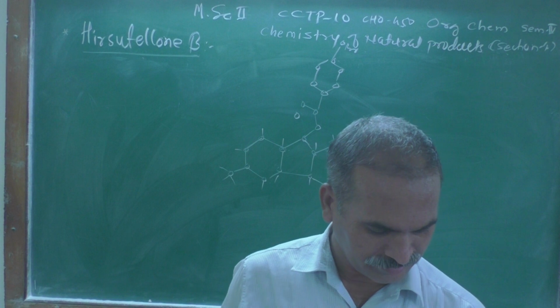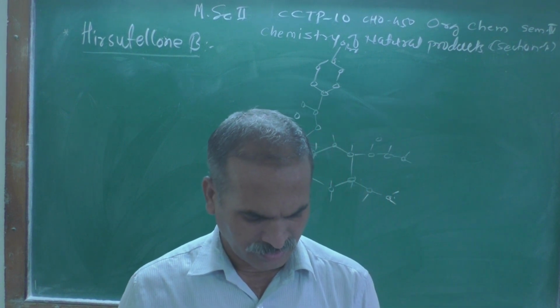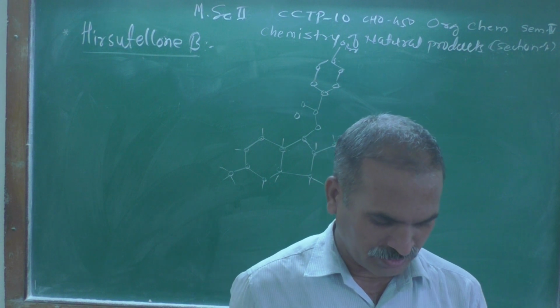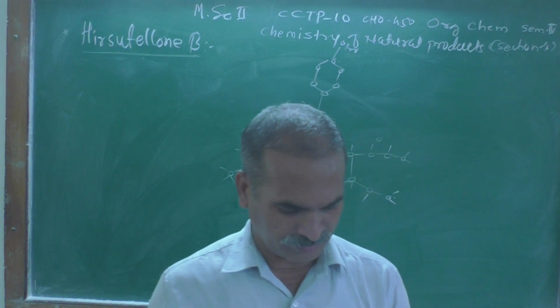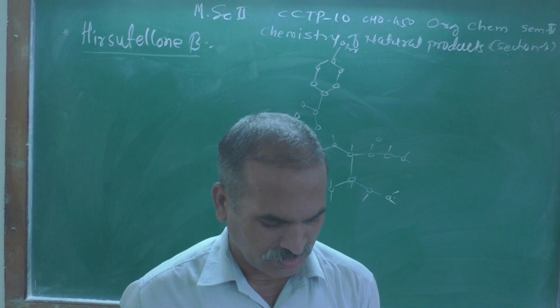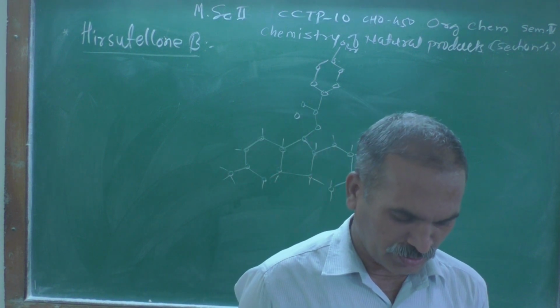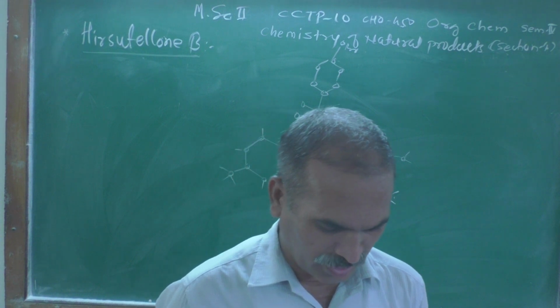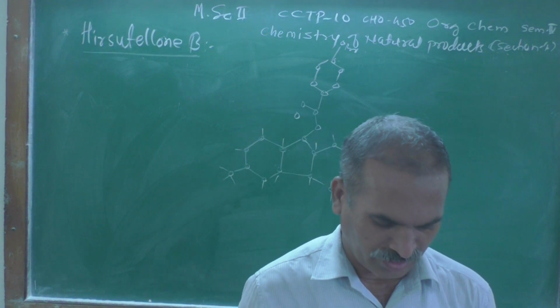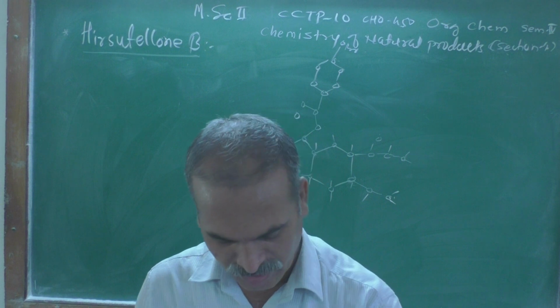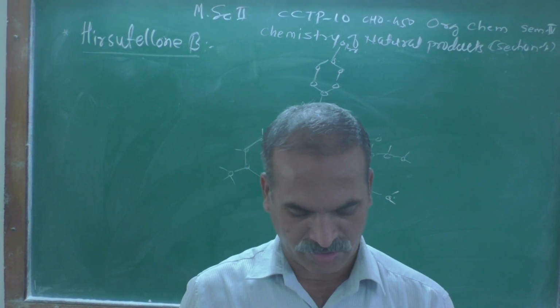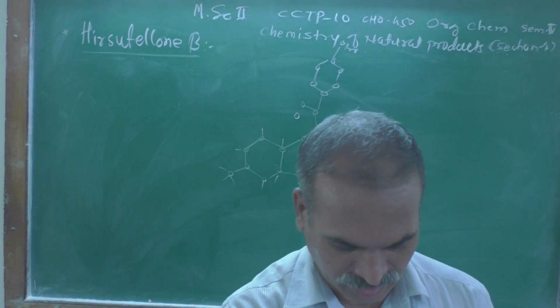Having reached the tricyclic core 5 of the hirsutolone molecule, its elaboration into the macrocyclic sulfone 3 became our next objective, and for that objective I think the remaining discussion we will discuss in our next lecture.